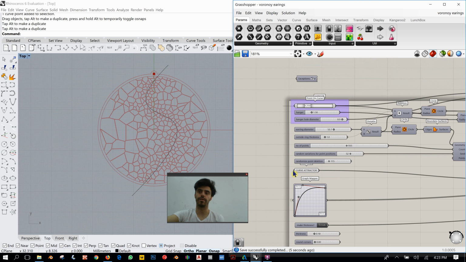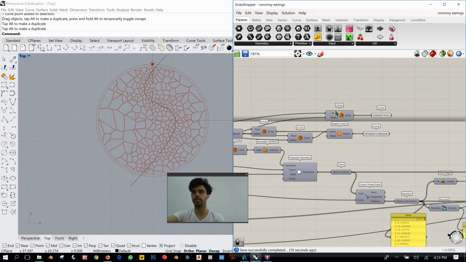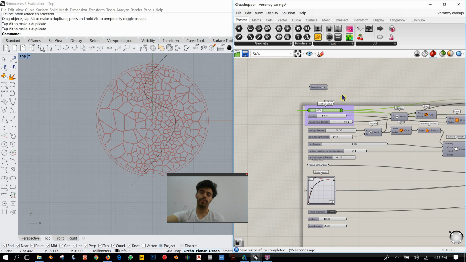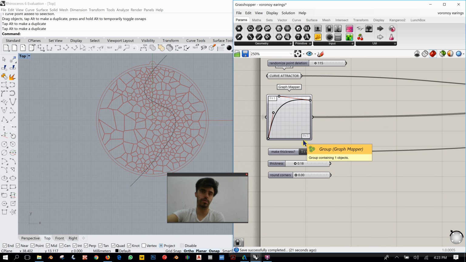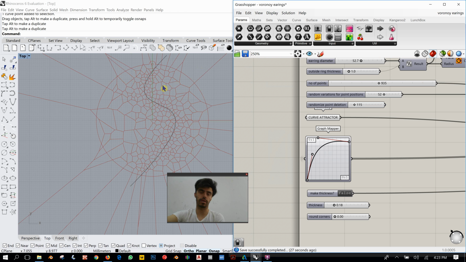Because you have everything at the beginning. Let's make this point not show, like this. You have all these elements. When you're searching for the shape, you put this to false, make thickness false, so you can get rapid feedback, and